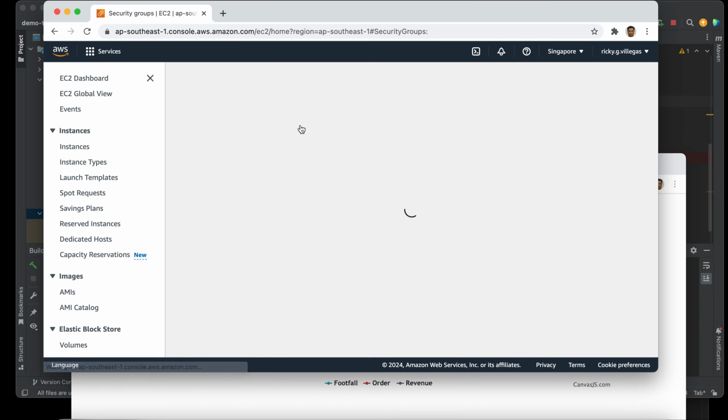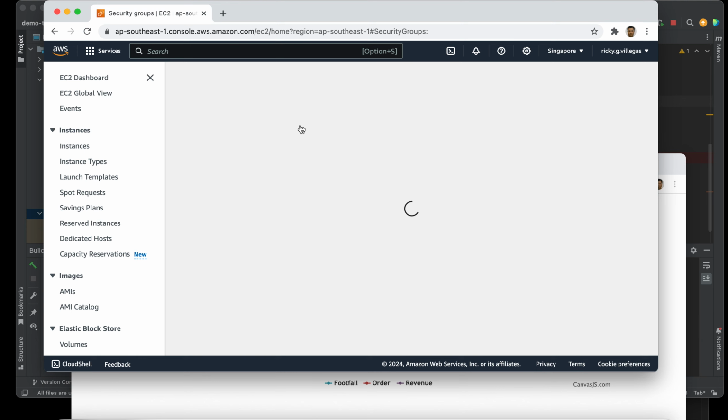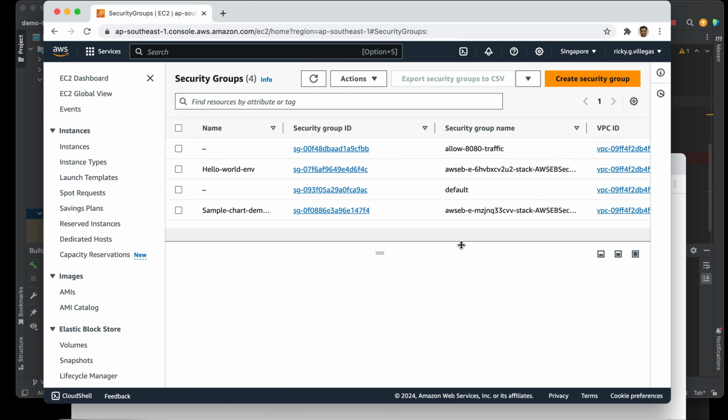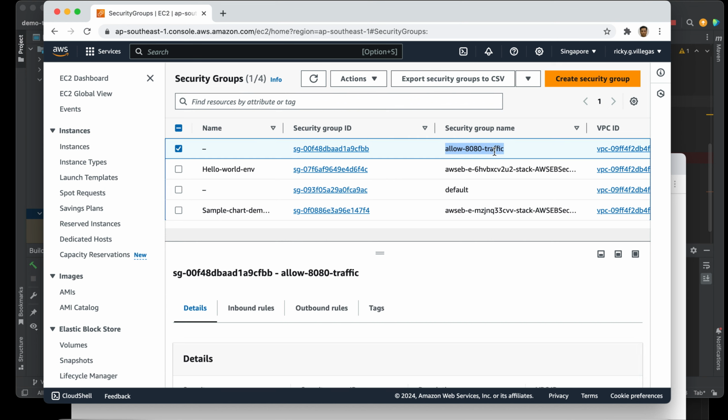A while ago we selected the allow 8080 for the security group, right? It's very simple actually. We just need to configure it in our inbound, this one. Remember a while ago we selected this allow 8080 traffic. So basically we can edit this.